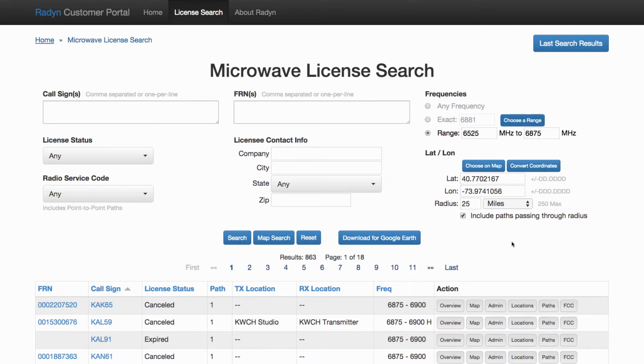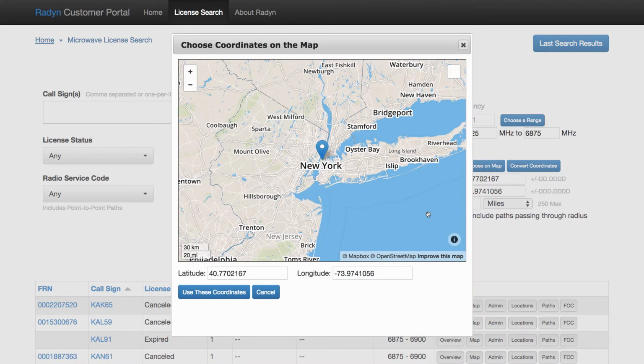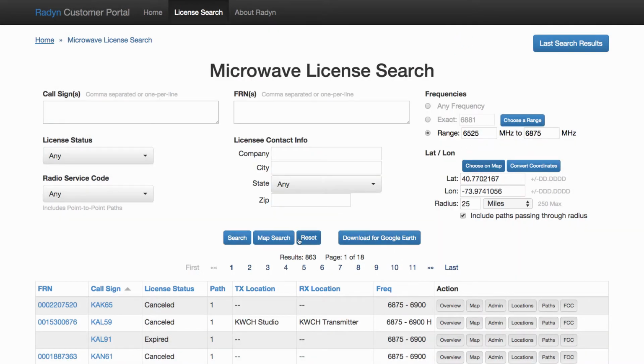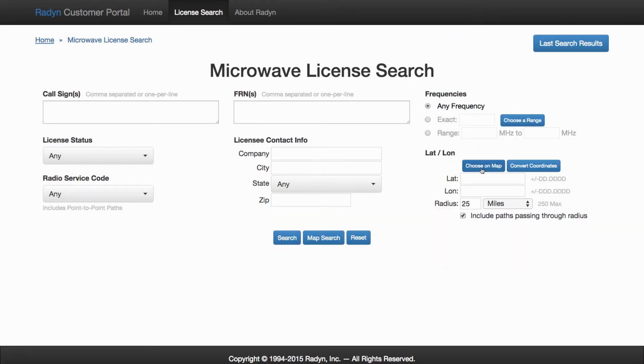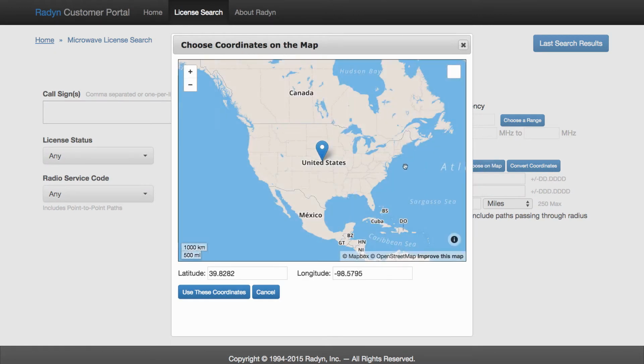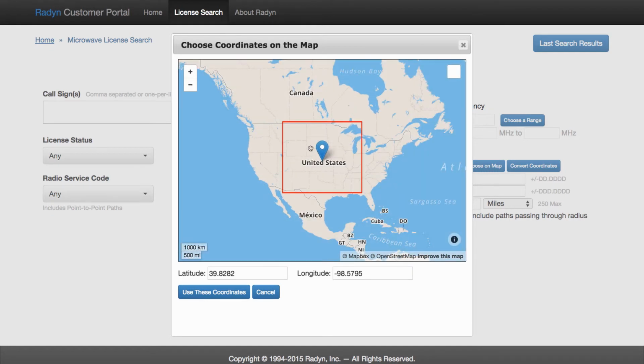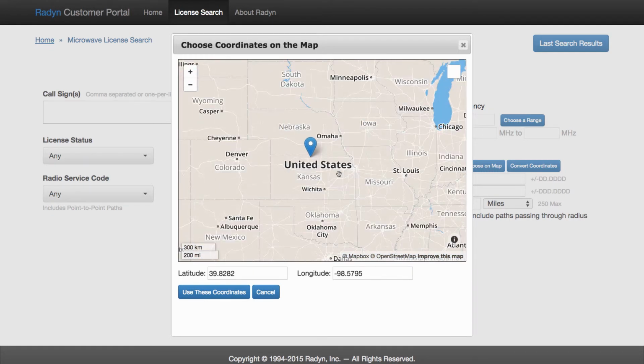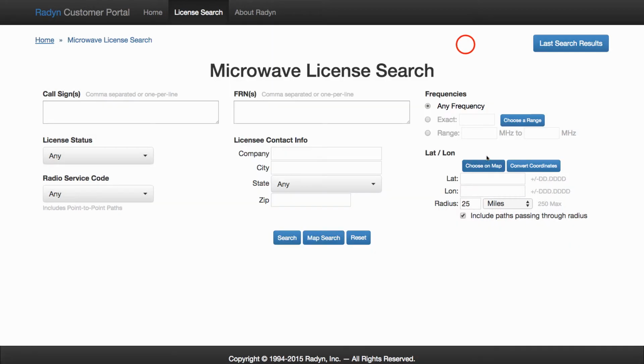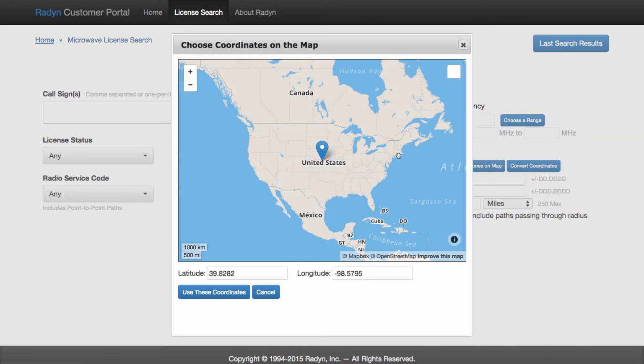You can also choose the coordinates on a map by clicking Choose on Map. If there are already coordinates in the latitude and longitude fields, the map will start zoomed in to those coordinates. Otherwise, it will start in the center of the United States, zoomed out. You can use the plus and minus buttons to zoom in and out, or hold down Shift and drag a box to zoom in. Say you wanted to search around Central Park in Manhattan. You just drag a few boxes to zoom in,